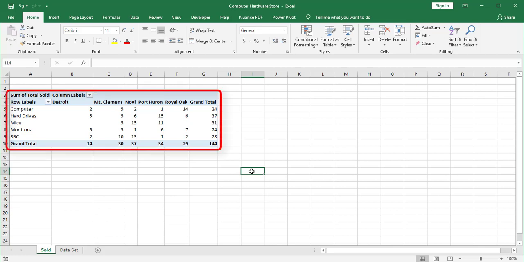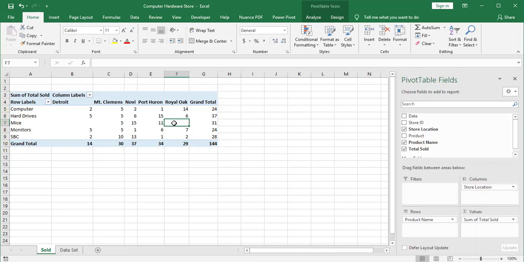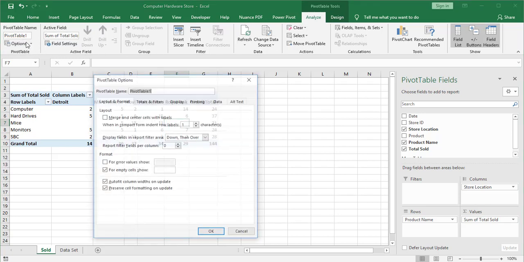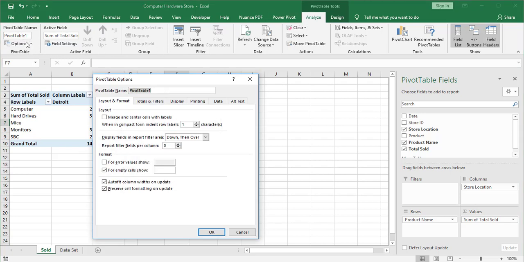1. Click inside the pivot table. 2. Click the Analyze tab. 3. On the Analyze ribbon on the left side, click Options. 4. On the Pivot Table Options dialog box on the Layout and Format tab, locate the For Empty Cells Show